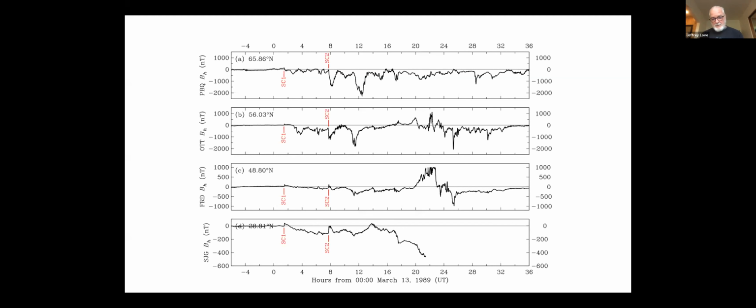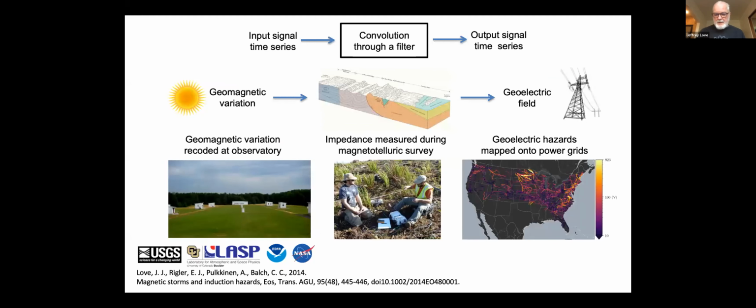You can see that there in those examples. Afterwards, you have the development of the main phase, and it's then that the auroral oval moves down to low latitudes and causes problems with the CONUS power grid systems. Again, just emphasizing here, we're using this data to analyze electric fields across the United States.